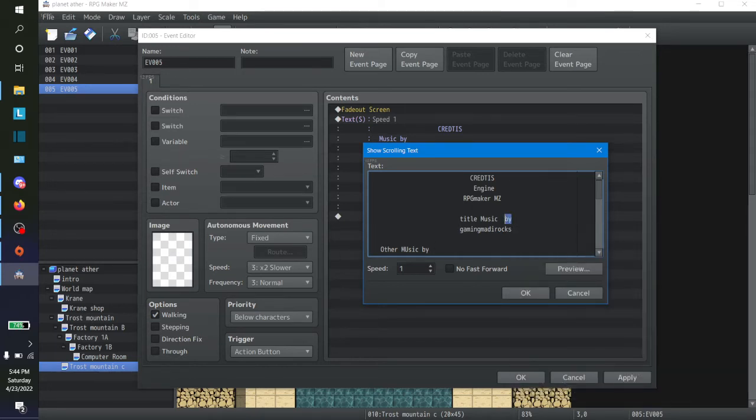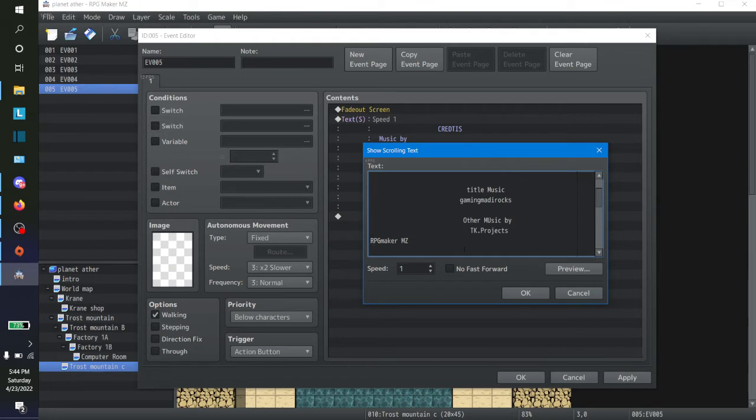And then we'll put, instead of putting by, music, and 2, oh, 1, 2, back by that, and then